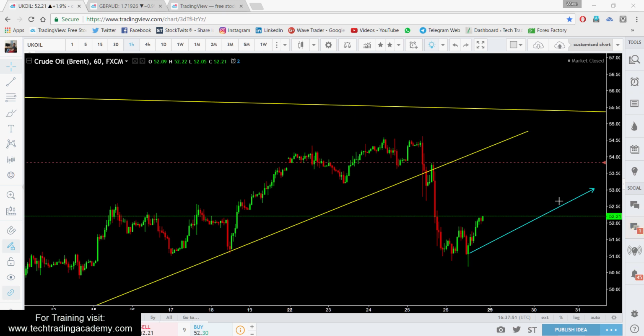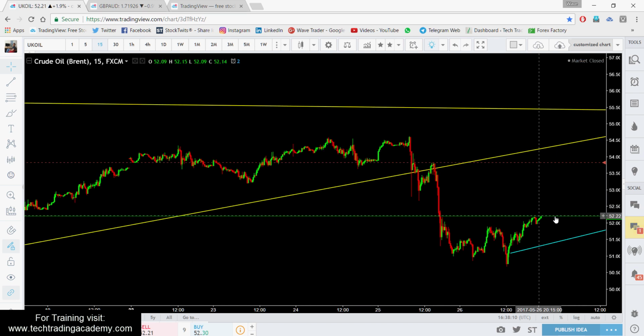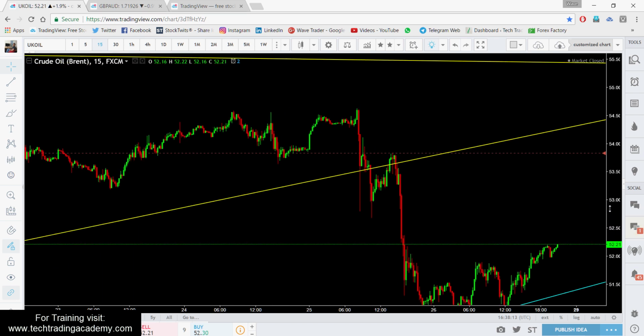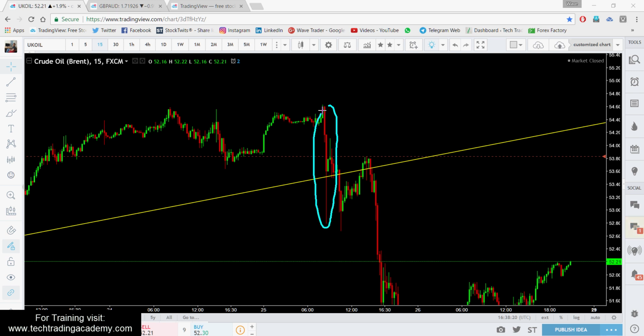What we have seen over there is this impulse, and this impulse was clearly telling us that we are not going to get back to the top again, not going to break that area. Some of you fellows read that and some of you didn't. This impulse. Those who read that perfectly took their profit off, and those who didn't,